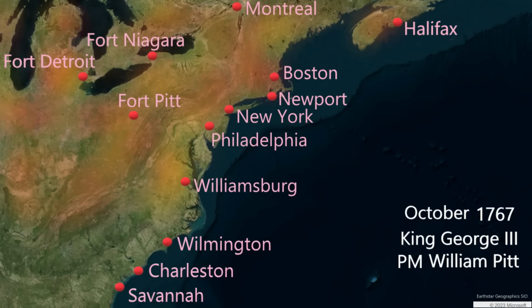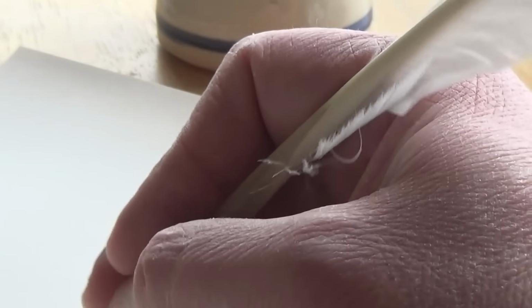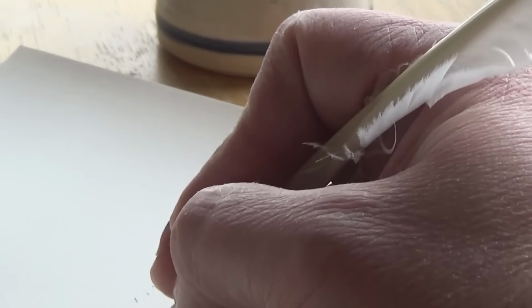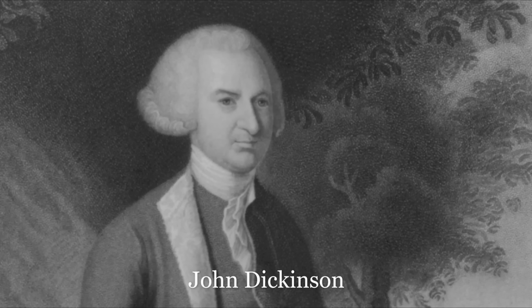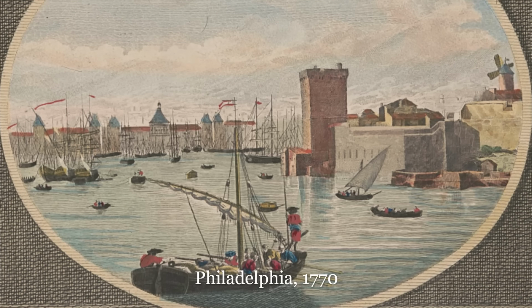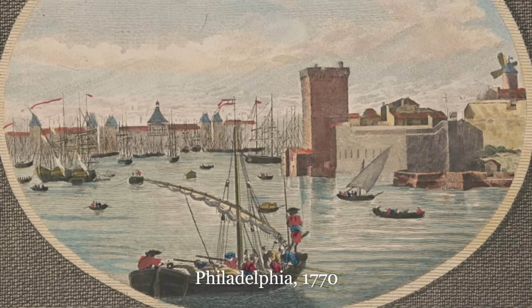October 1767. In Boston, in response to the Townsend Acts, a boycott of imported goods ensues. November 1767. In Philadelphia, John Dickinson publishes Letters from a Farmer in Pennsylvania, where he warns that the Townsend revenues will pay the empire's officials to manage the colonies. So instead of the colonies managing themselves with their own assemblies, Dickinson warns that the colonies would be managed by royal administrators paid for by taxes from Americans. Dickinson also contends that Parliament has no right to tax America.